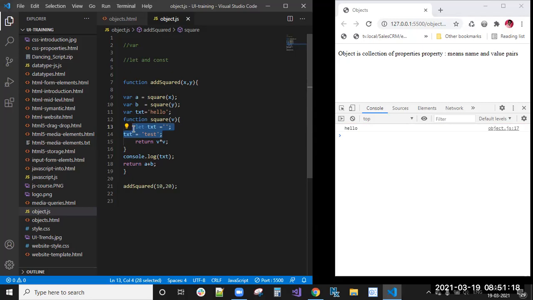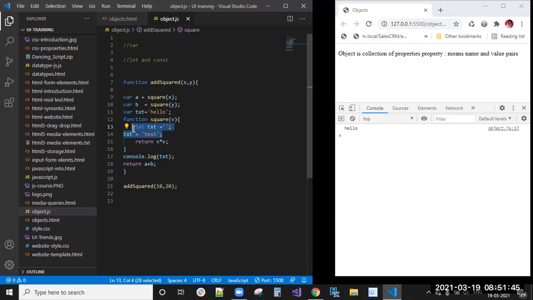I don't know exactly the scenario, but it will dilute actually by using the var keyword. That global scope, that scoping is there, right? That will dilute if you are using the var keyword. So because of that, if you are using the scoping level things, you can use let and const instead of var. I already told you where you can use the constant.